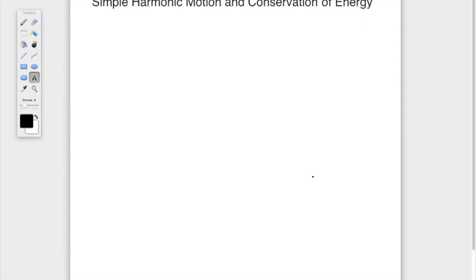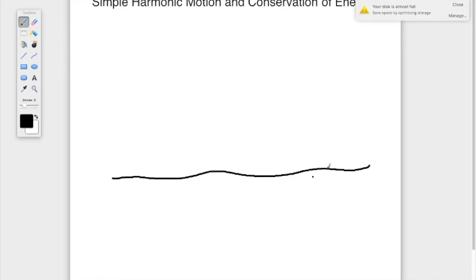Alright, so we're going to be talking about simple harmonic motion, but how it applies to a previous topic that we've covered, which is conservation of energy. I think it would be easier for me to draw a diagram of how this works. So let's say we have a mass right here, on a frictionless floor with a spring,